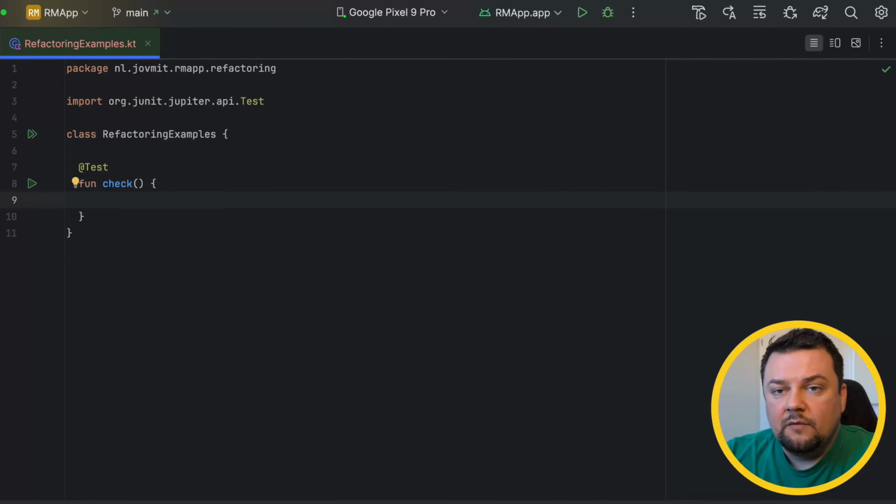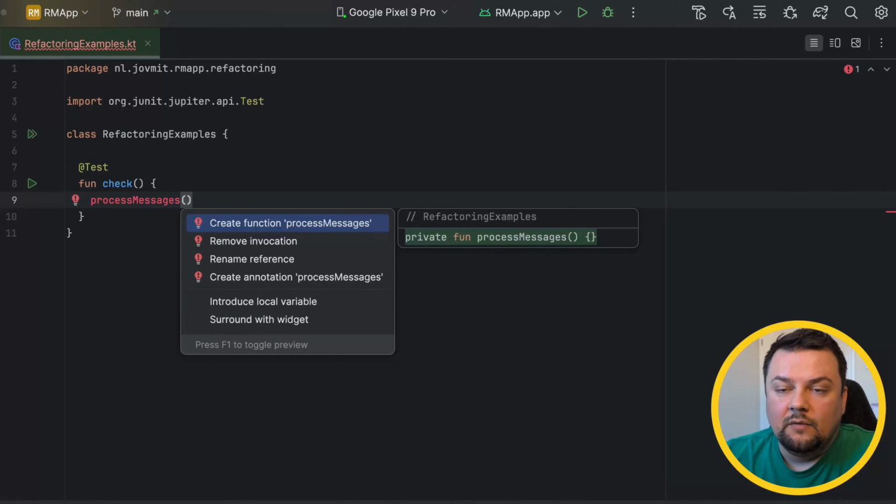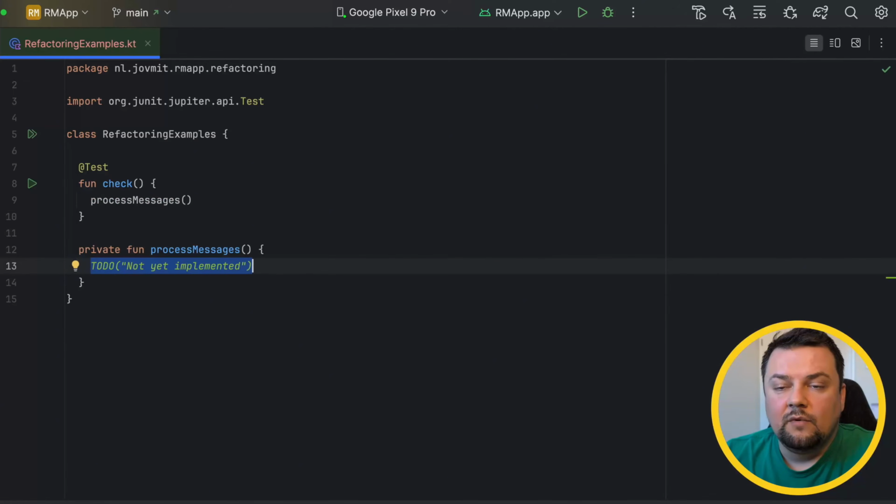Now, let's assume that I need to write a function that will be processing some messages. Instead of creating that function first, I can write here how I would want to call that function, and then I would let Android Studio generate that function for me. In this case, I would like to call process messages. And because this function doesn't exist, I can let Android Studio generate that for me. Just hitting Alt Enter will open this little pop-up, and then just hitting enter once again will generate that function